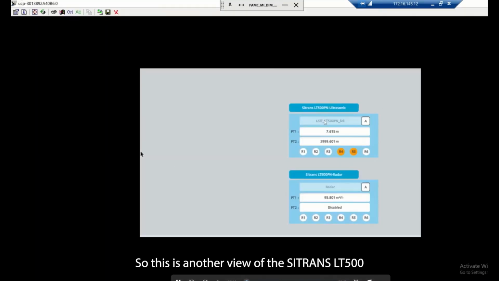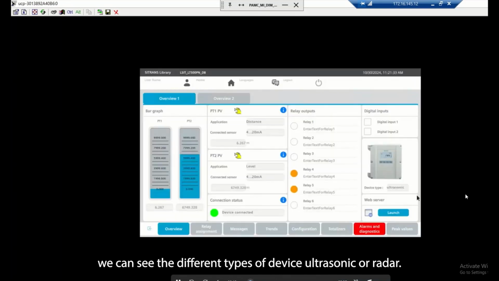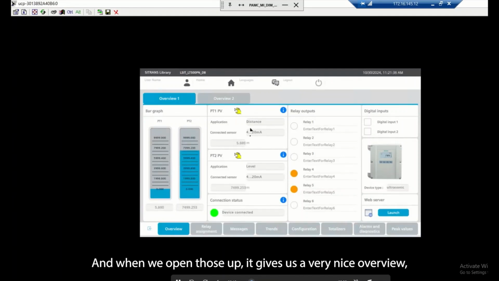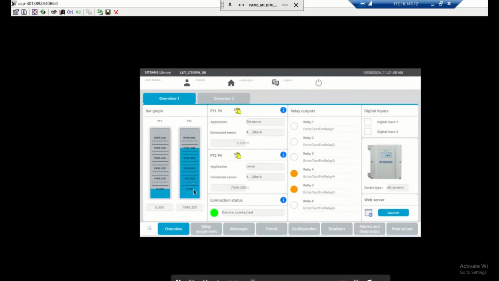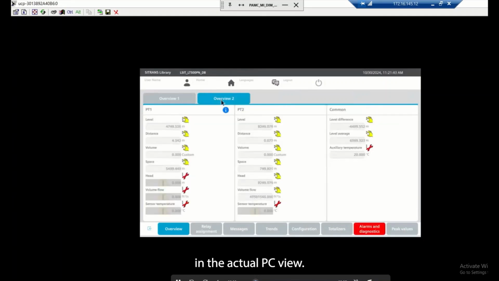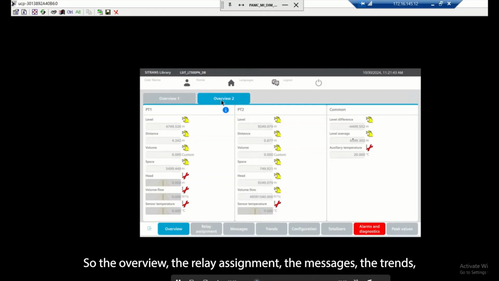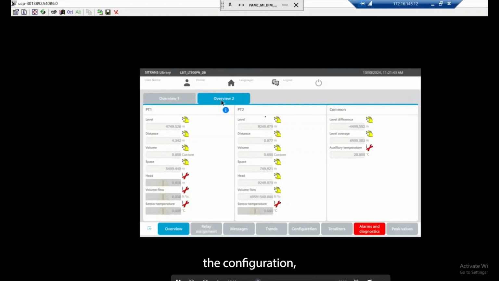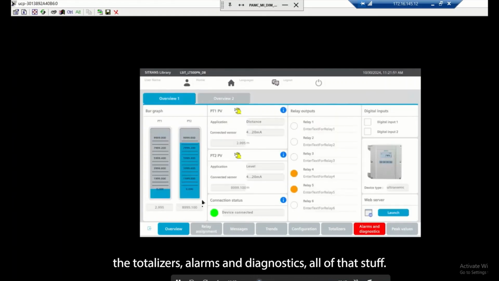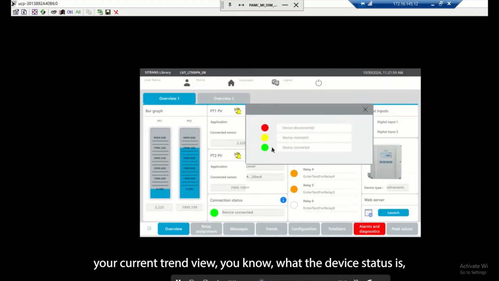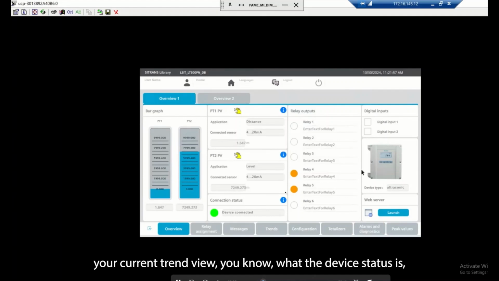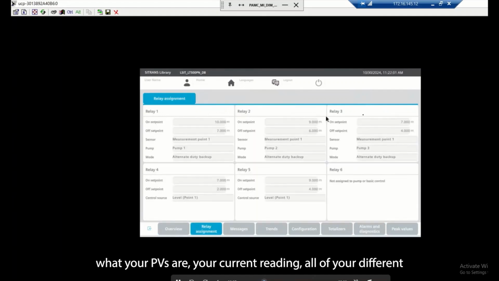So this is another view of the LT500 through TIA portal with a unified comfort panel. Again, we can see the different types of the device, ultrasonic or radar. When we open those up, it gives us a very nice overview of the device, similar to what we had in the actual PC view. So the overview, the relay assignment, the messages, the trends, the configuration, the totalizers, alarms and diagnostics, all of that stuff. You can see again all of your relays here, your current trend view, what the device status is, what your PVs are, your current reading,